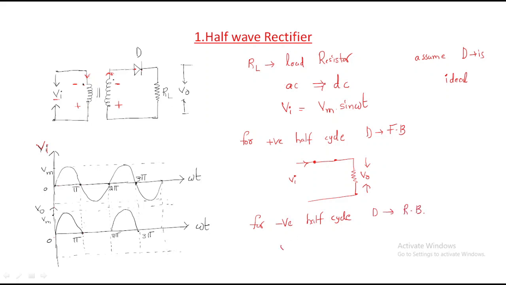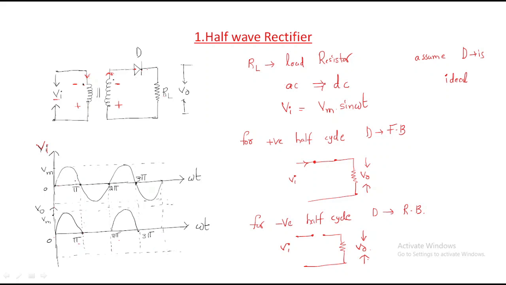Then how does it act? We are giving the input and the diode is open. Now the output is like this. So look at here, the given input voltage is across the open circuit, the complete voltage will be here, no load, output voltage is 0. That's why for negative half cycle there is no voltage. Same again for positive half cycle, the positive cycle is there. For negative there is no voltage.